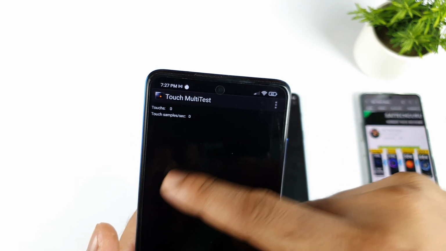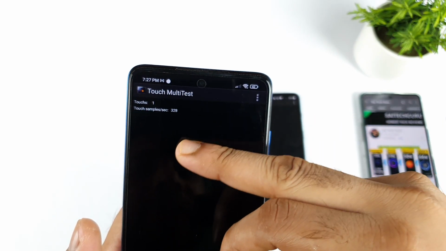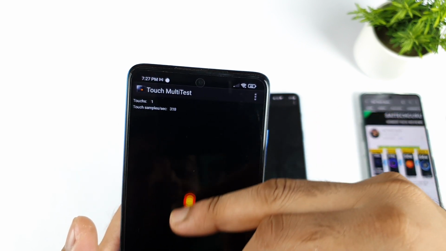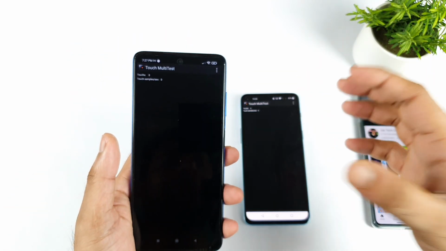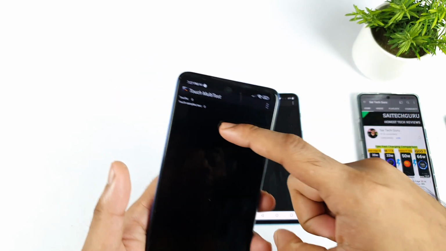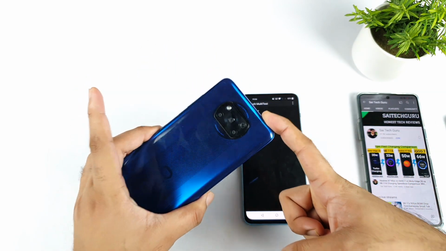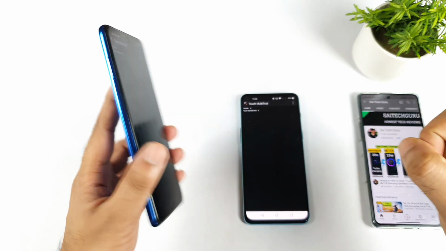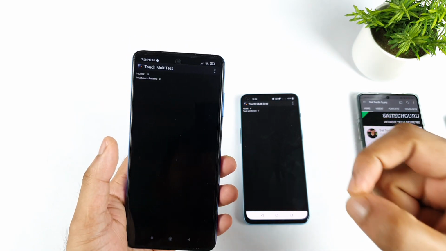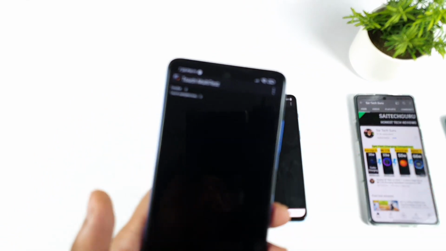You can see 350. The highest I saw was around 356. But overall the touch sampling rate value is increasing up to 360. What we need to do is always subtract the refresh rate whenever you want to calculate the touch sampling rate. So right now we get 360, minus the 120 Hz refresh rate of this Poco X3. So we end up with a 240 Hz touch sampling rate in the Poco X3 device, which was released last year. So in the mid-range segment in 2020 we got a 240 Hz touch sampling rate. As you can see clearly friends, we got the proof live.